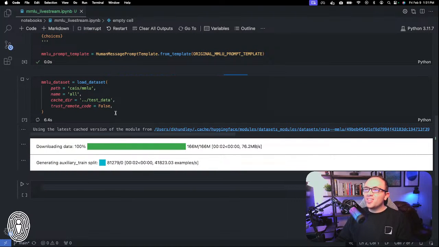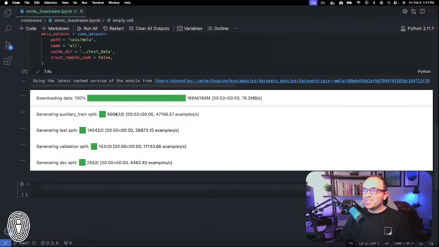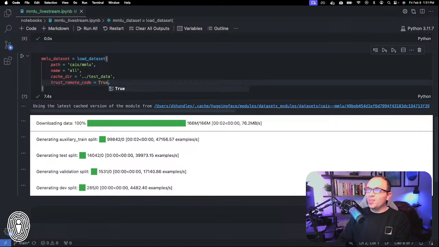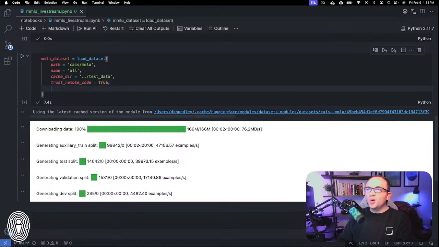It did not work for me the other day. Oh my gosh, I had to have that set to true in order to get that to work. Okay, so you can see I have no idea why that just worked, because the other day that did not work for me. All right, anyway, so I did have to set that, and then the other thing I want